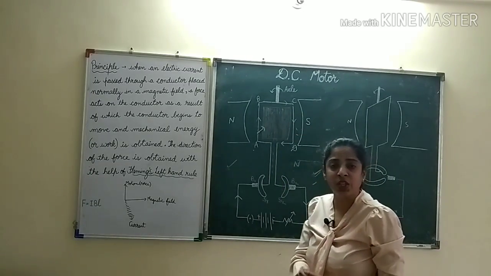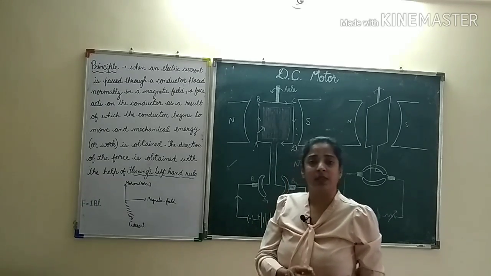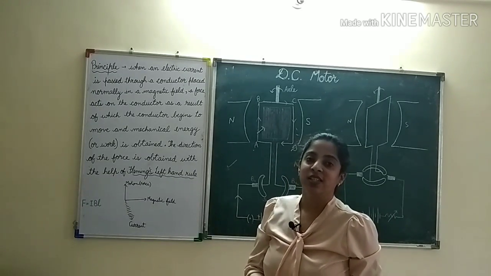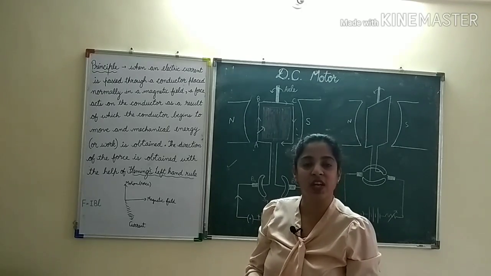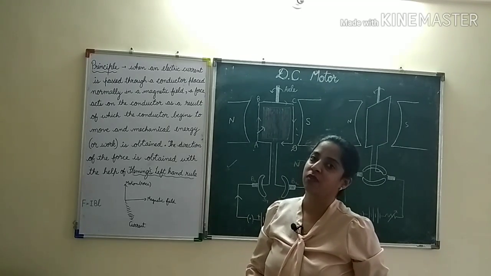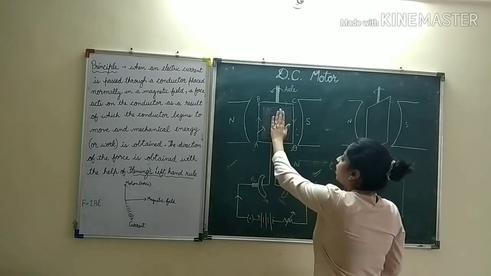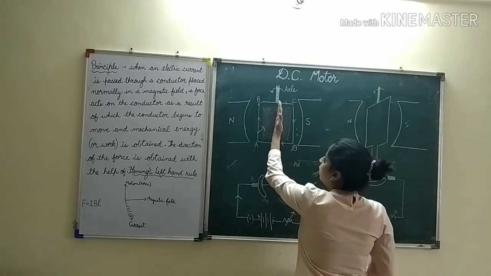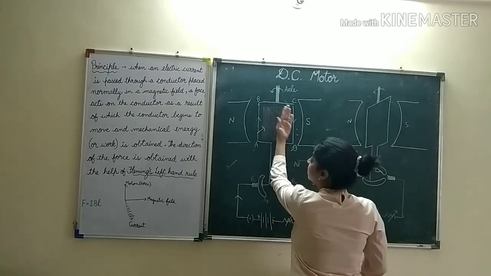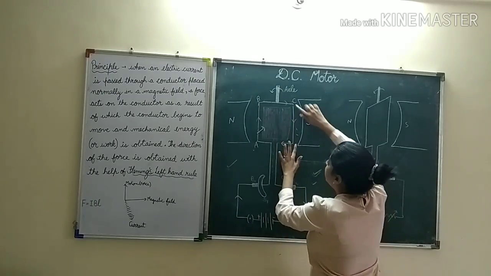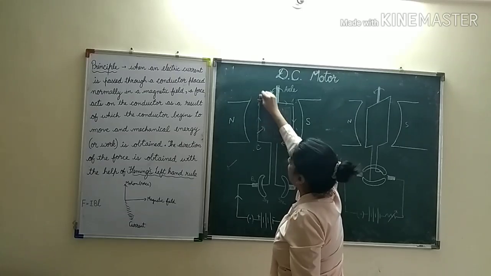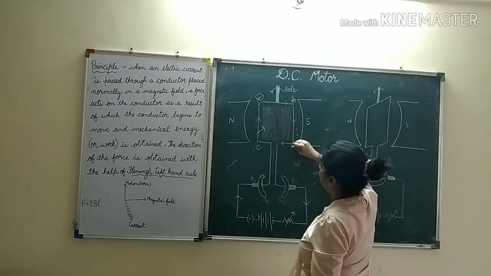What is force of inertia? It is the tendency of the object to continue in the state of motion when it is in the state of motion until and unless an external force acts on it. So when it is like this, it will continue to be in motion and it will become like this. Now when it becomes like this, your CD comes here. Okay, now your CD comes here and your AB is here.